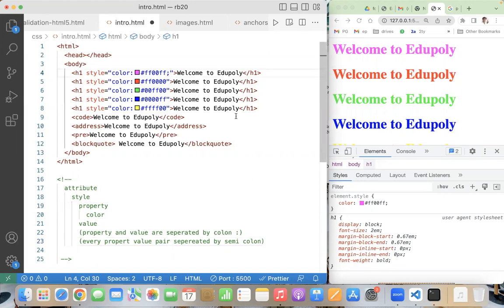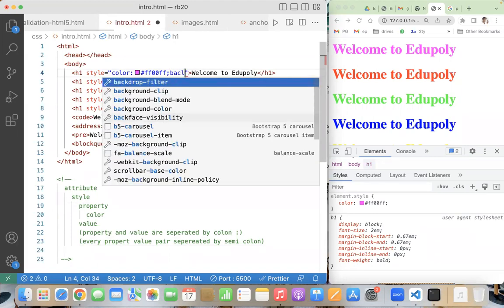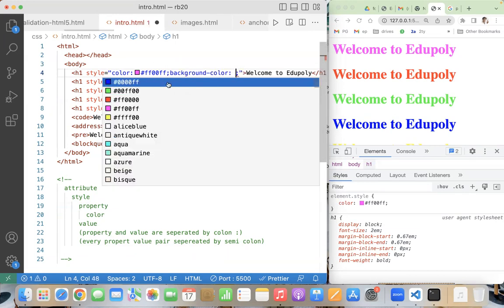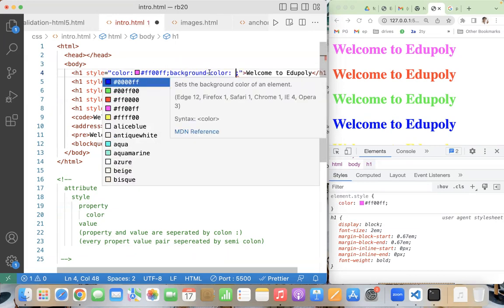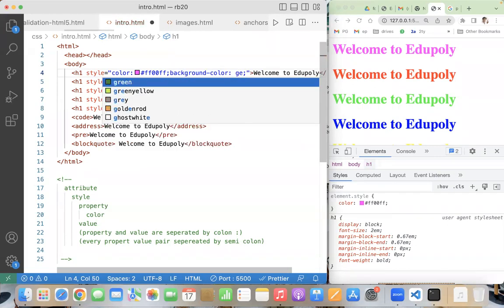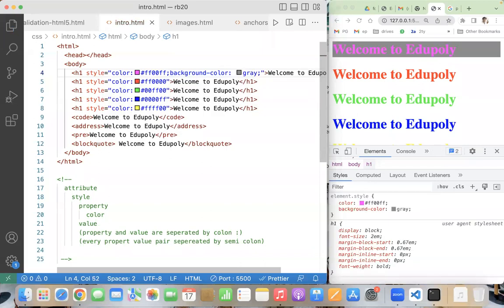After semicolon, I can give the next most important thing, background color. Background hyphen color is equal to gray. You see that? This is how you can apply a background color to an element. ఇక్కడ కలర్ అప్లై చేశాను, బ్యాక్గ్రౌండ్ కలర్ కూడా అప్లై చేశాను. రైట్, నెక్స్ట్